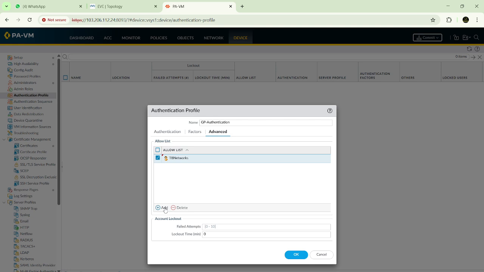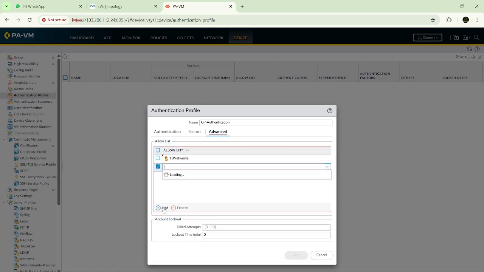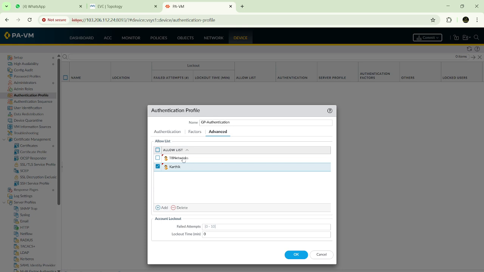If you want to provide access to Karthik as well, you can also mention Karthik. Whichever users are available in the allow list will be able to access. Suppose you have hundreds of users,